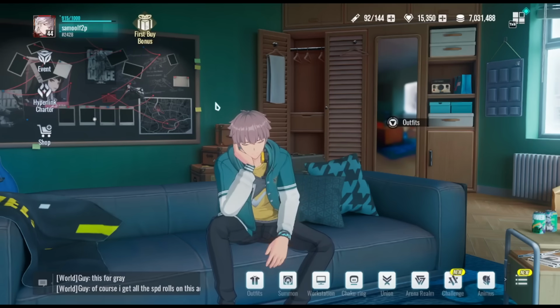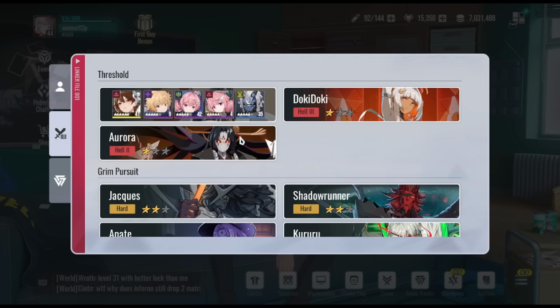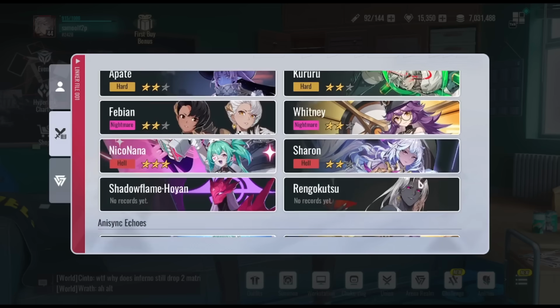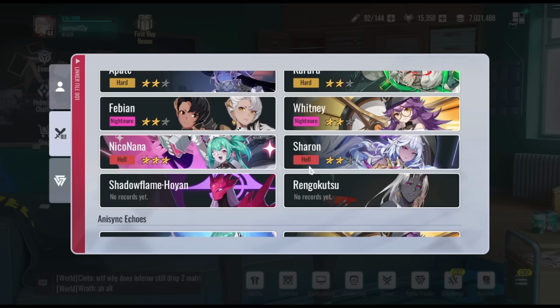using pretty much only SR and R characters with the exception of Lian and Lingluo because they're free. Now my account is level 44 and you can see that I am comfortably farming pretty much Hell 2 of every single threshold. I have, or I guess not all, but 2 of the main shell farming areas, Nico, Nana, and Sharon on farm as well on the hardest difficulty, and I'm kind of just waiting for Shadow